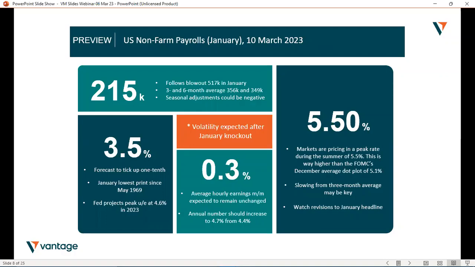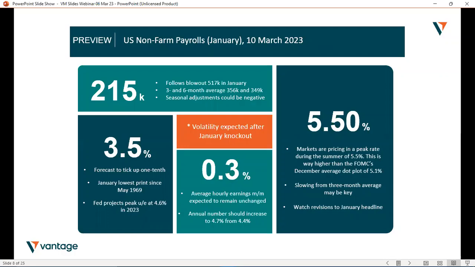But then the annual average hourly earnings measure, you can see that should increase to 4.7% from 4.4%. So an increase is expected, but it's due to pretty much easy base effects from the previous year. So remember that when the data comes out. Generally, the current pace of growth is still uncomfortably high for the Fed. That said, underlying wage growth does appear to be moderating across other leading indicators and other measures. So, focus on the wage growth numbers.